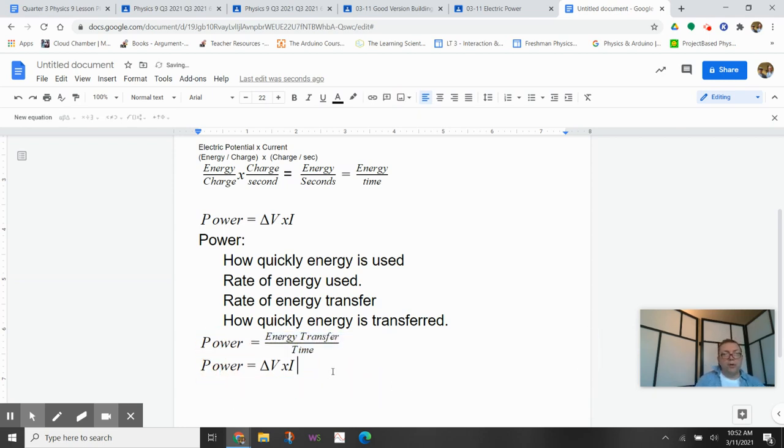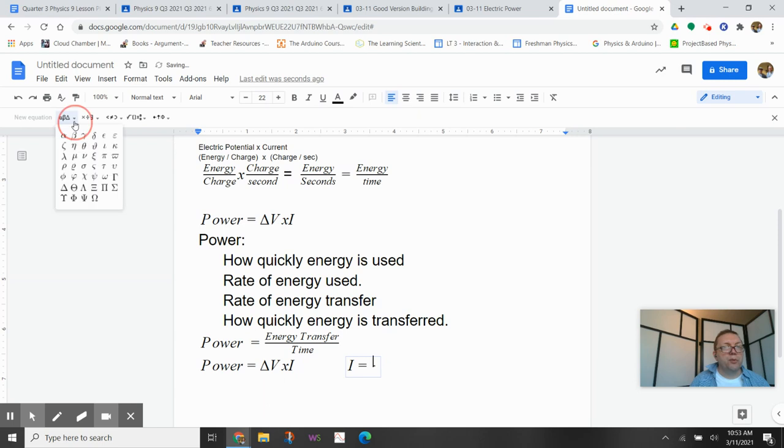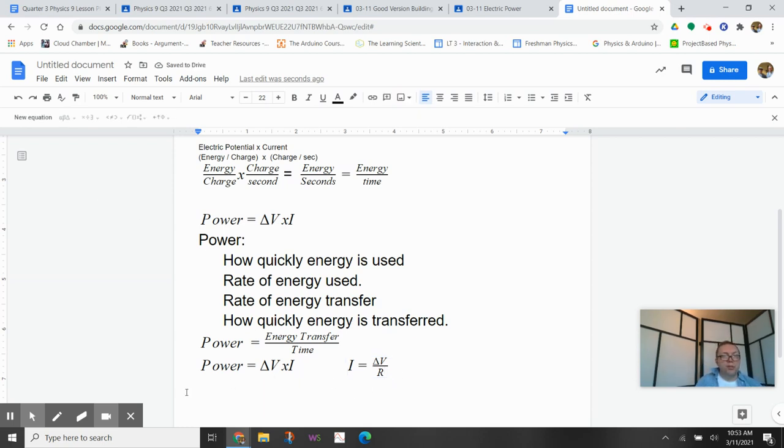Okay, so now if we're looking at this relationship with power, remember we did Ohm's law stuff a while back where we said current through an item equals the potential difference over the resistance. So we can go through and do some substituting, and then down here, if instead of saying